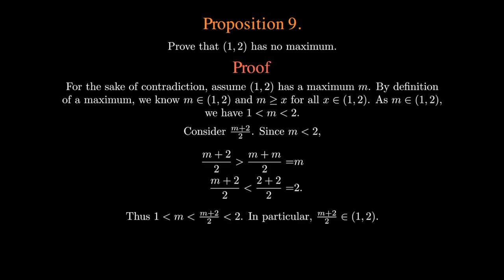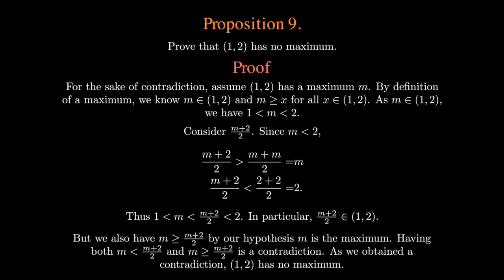This gives us this chain of inequalities demonstrating that (M + 2)/2 is in the open interval from 1 to 2. However, this is a contradiction, since M can't be strictly less than (M + 2)/2, and greater than or equal to (M + 2)/2, at the same time. Thus, the open interval from 1 to 2